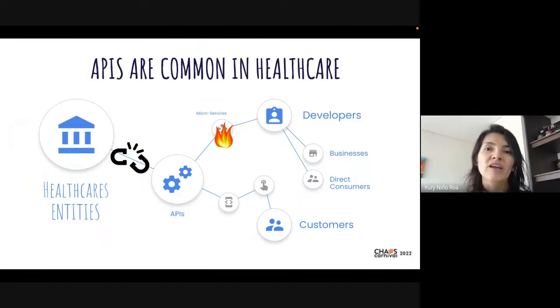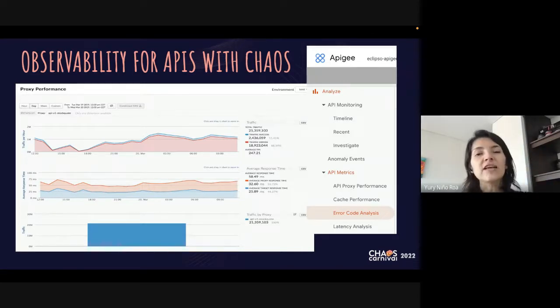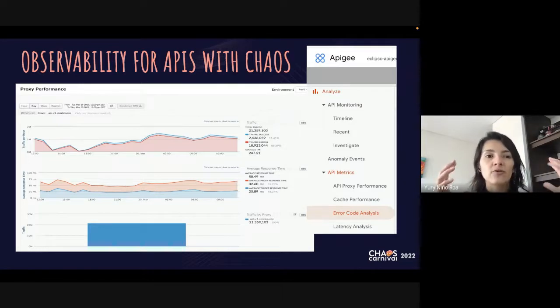Many things can go wrong. Hardware can fail, the network can collapse, an increase in traffic in the operation can happen. So it is really important to monitor the performance of the proxies. Here is an example of the proper metrics that you can visualize using the features available in Apigee. I am talking about APIs, so that is a challenge for this field. I am talking about interoperability. I am talking about Apigee, a solution of Google Cloud Platform that provides strategies for managing the APIs challenge.